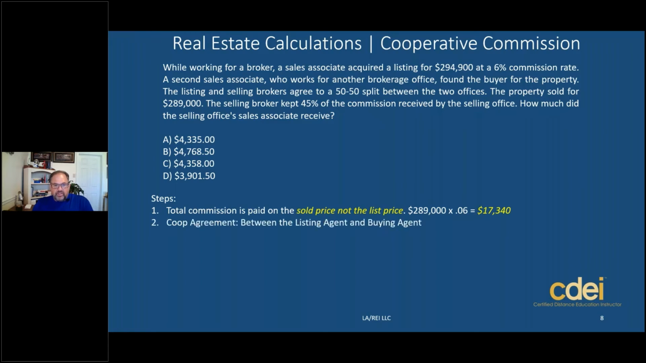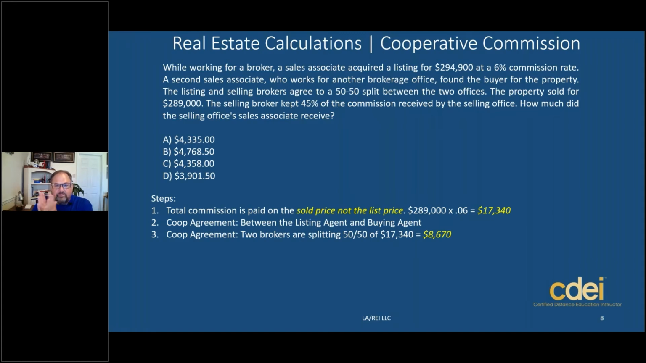Now, step number 2, the co-op agreement. That's the agreement between the 2 brokerage houses and the 2 agents. It is established between the listing agent and the buying agent, and also between the listing broker and the buying broker. Now, if you go to step number 3, it says the listing and the selling brokers agreed to a 50-50 split. So if I take the total commission and divide it by 2, 50-50, each broker is going to get